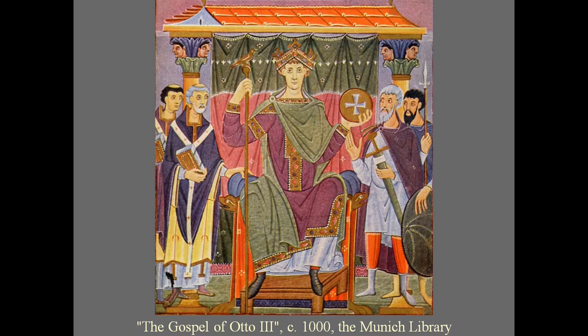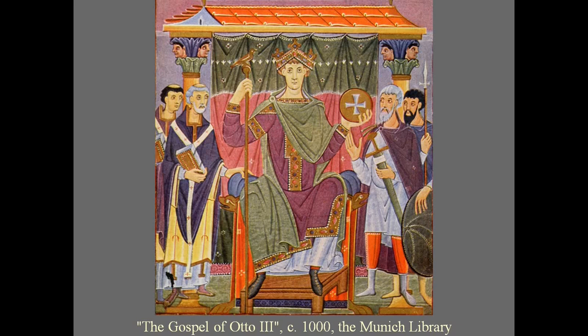The script is written in ink, with gold initials, and the manuscript is expansively illustrated with portraits of the four evangelists, so the authors of the four Gospels, and scenes from the life of Christ, as well as ruler portraits. On the right side of the double page, Emperor Otto III is shown seated frontally, crowned and holding a golden orb and a scepter,